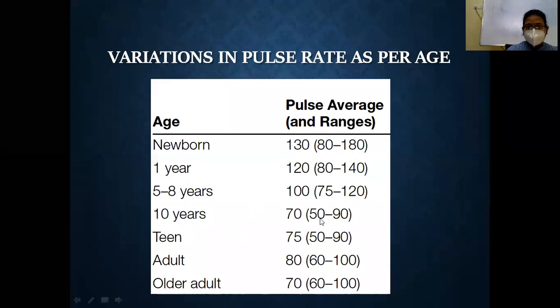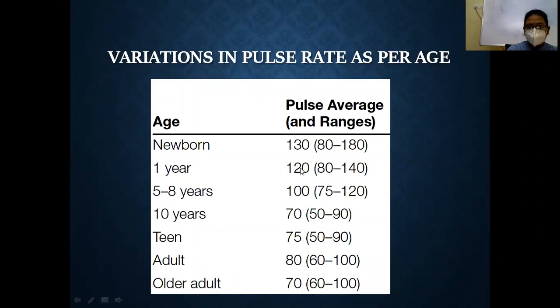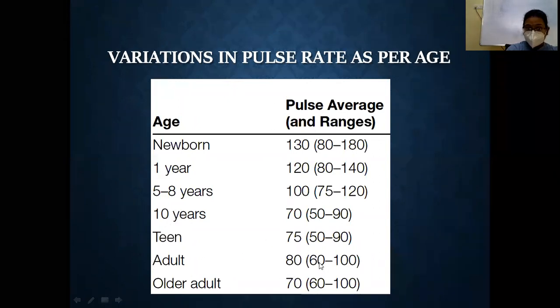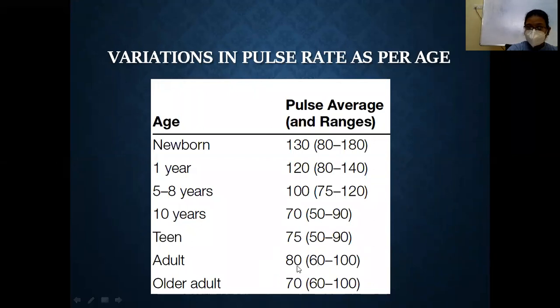At the age of 10 years, as you gradually see, the average heart rate goes on decreasing. So in a 1 year old, we consider 120 to be normal, average. In adults, we take average. Average means, I hope you are understanding. When we talk about range, it is from 60 to 100, which is normal. Average, we take it as 60. That is the midpoint of all the values.